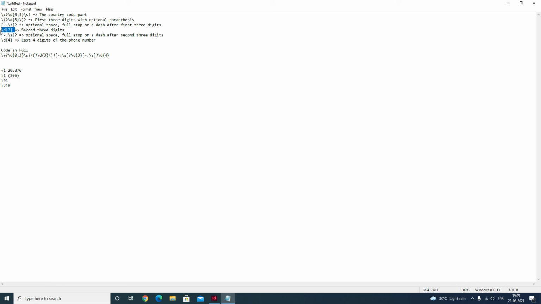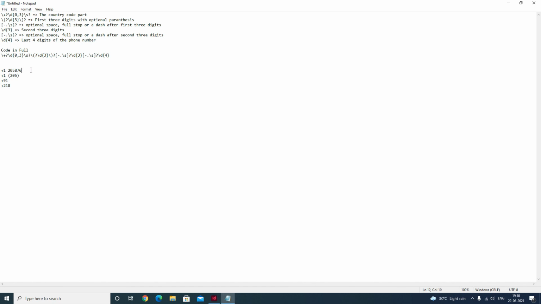This portion covers these 3 digits. Backslash d means find a digit, with the length of digits being 3. There has to be 3 digits here. Then again the same thing. It can be a space or a hyphen or a full stop or no space at all. This portion covers this area.